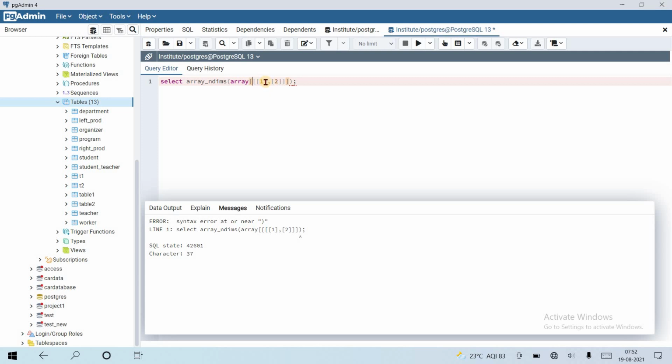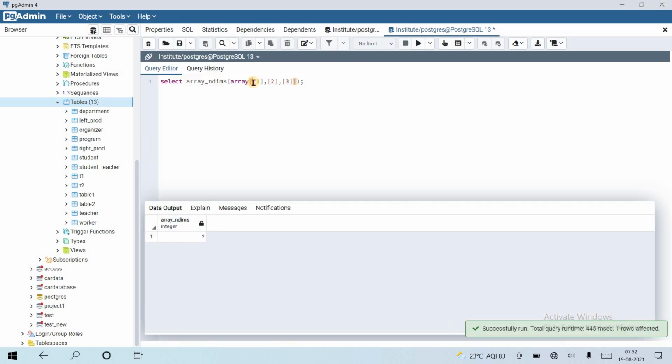So we have to create one more. No, if I add here 3, this will also be a two dimensional array. Let's see. Yeah, so this is also a two dimensional array.